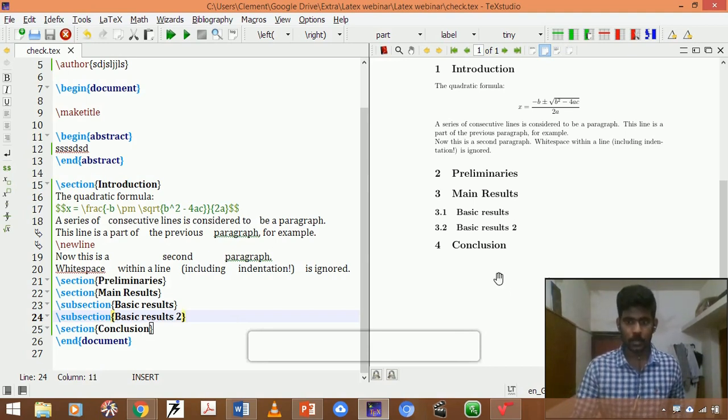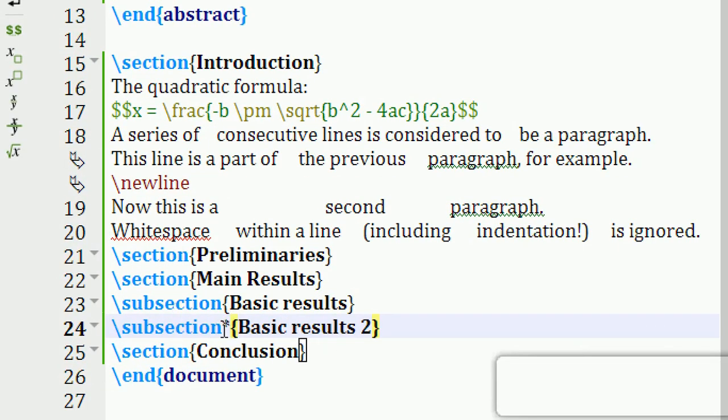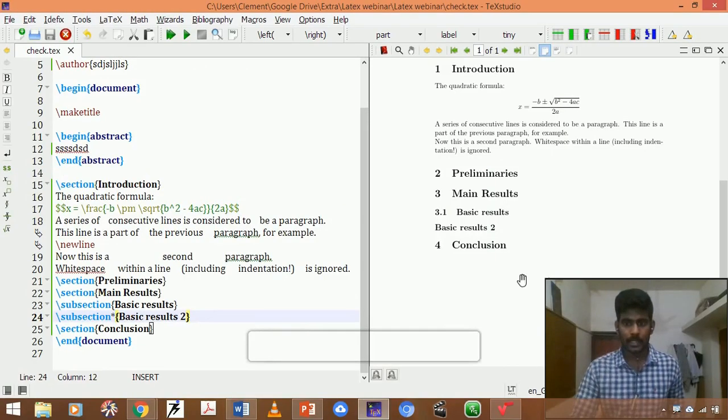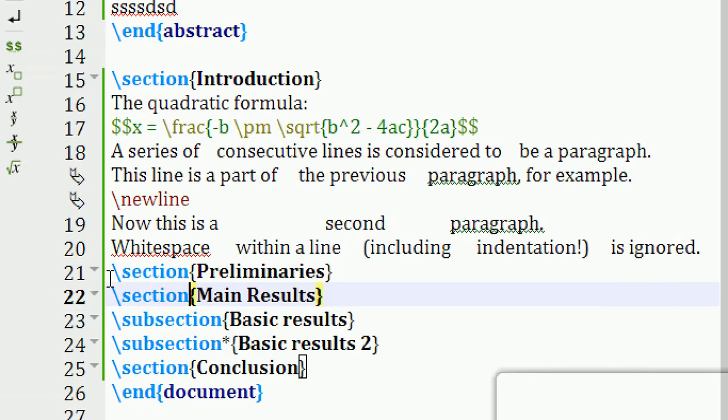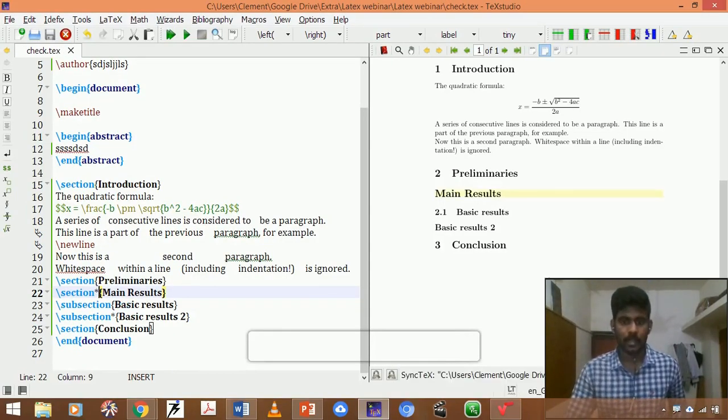If I want to hide this number, like 3.2, I simply need to put a star, and automatically the numbers are hidden. Likewise, you can follow the same thing with a star in your major section titles also. If I put a star in the section and compile it, the number has gone.